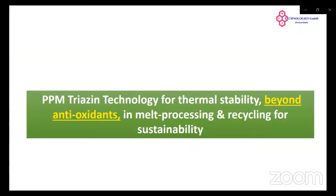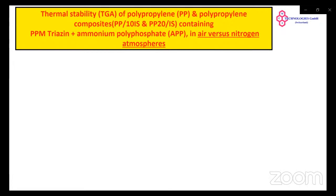For thermal stability beyond antioxidants in melt processing, in recycling for sustainability. Stability of polypropylene. This slide shows the thermal stability TGA of polypropylene and polypropylene composites 10 and 20 containing Ppm triazine and ammonium polyphosphate in